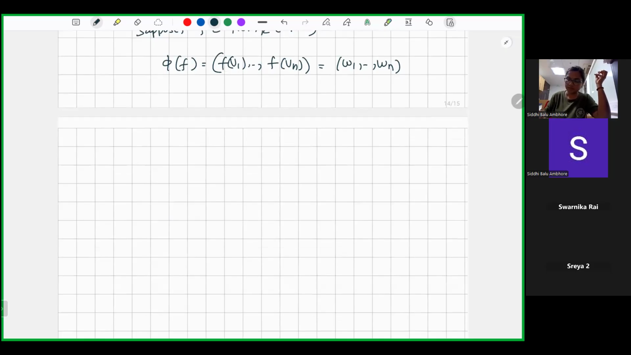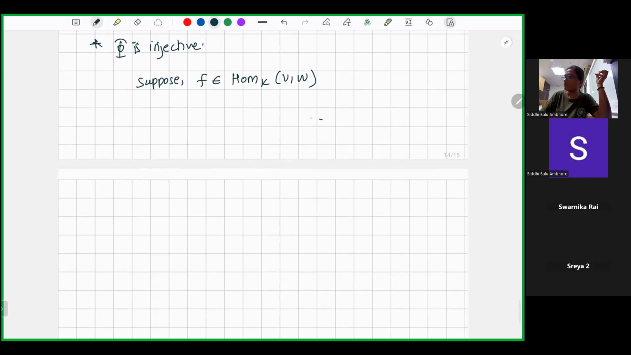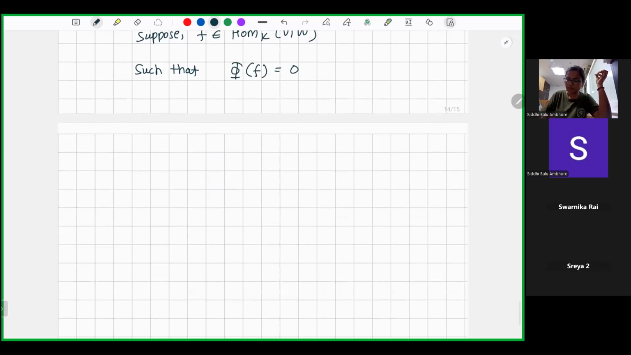That is okay. Suppose f is in Hom(V, W) such that phi of f is 0. And when I say this is 0, this means f of v1, ..., f of vn is 0. So since f of vi is 0,